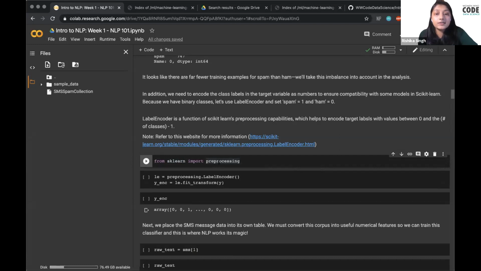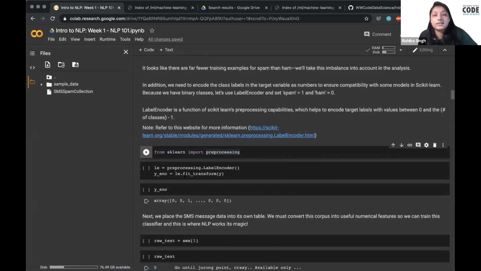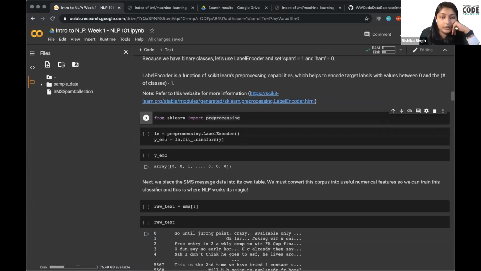Preprocessing is a library in scikit-learn, so we want to import that from scikit-learn. And then we will be using LabelEncoder. This is a function of scikit-learn, and this helps to encode spam and ham into their target labels. So using this, we will be assigning all of the spam text as 1 and all of the ham text as 0. So what we do here is LE,